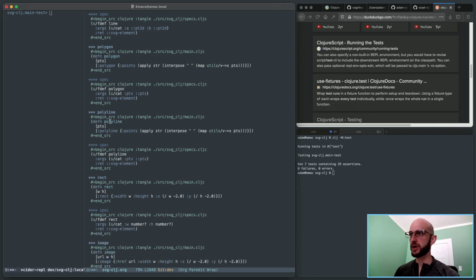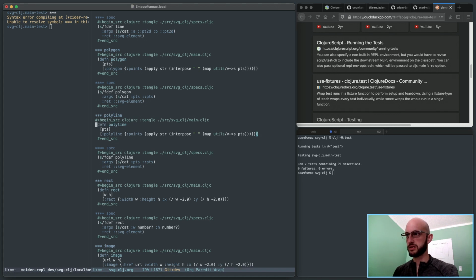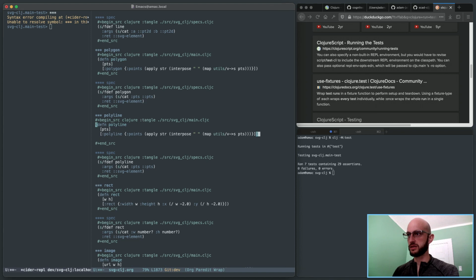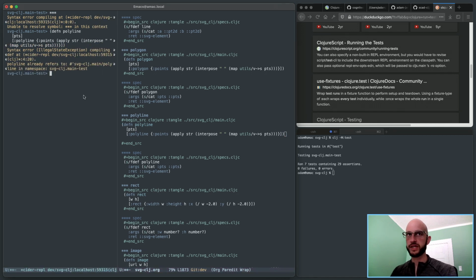Here, for example, polyline. Instead of apply string interpose map this whole thing, I can just change it to, well, let me, oops. That's weird. Okay, let's see what's going on here. What is happening? That's a little weird. Oh, no, never mind. Okay, I see. Right, so,